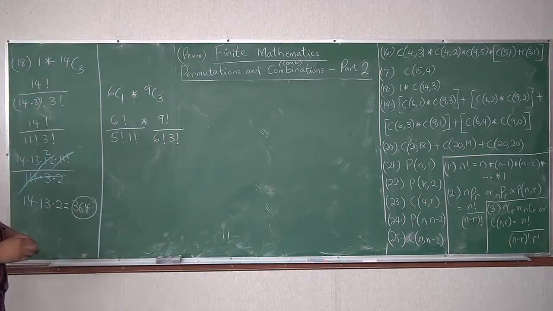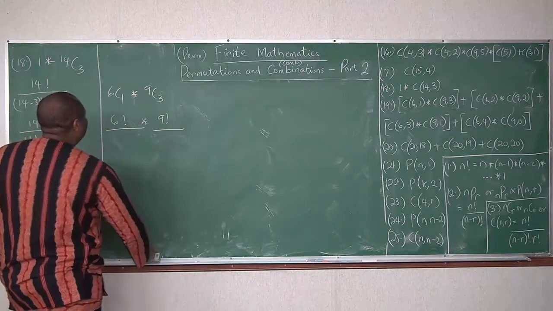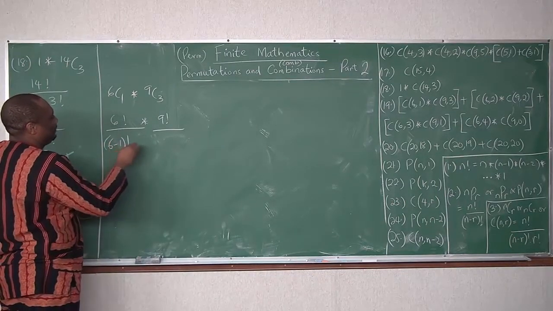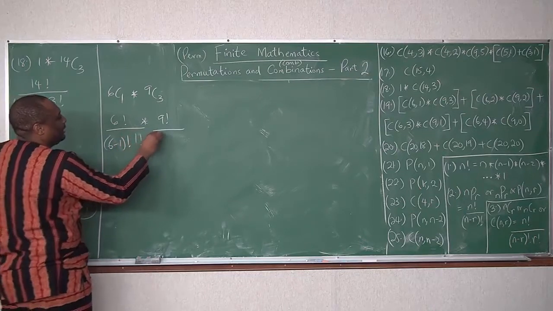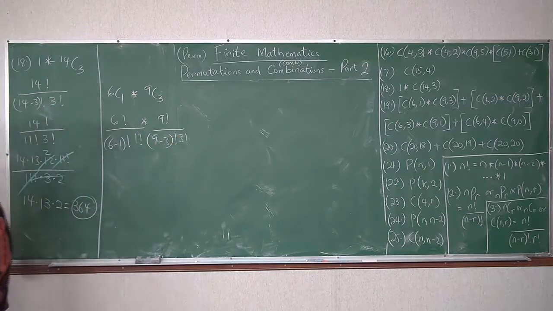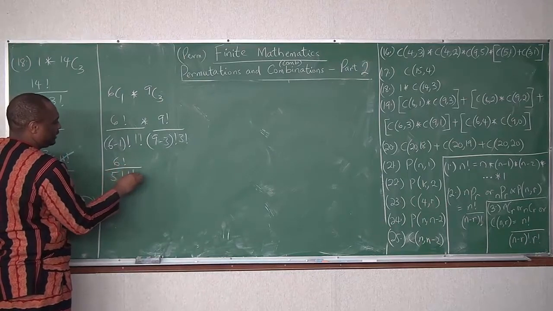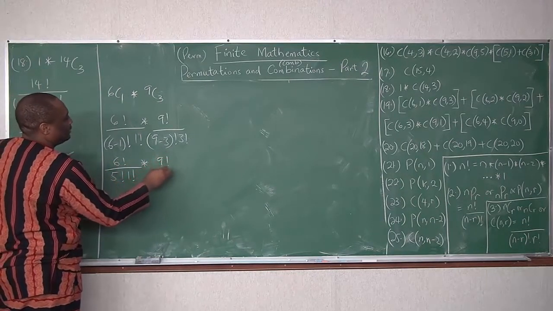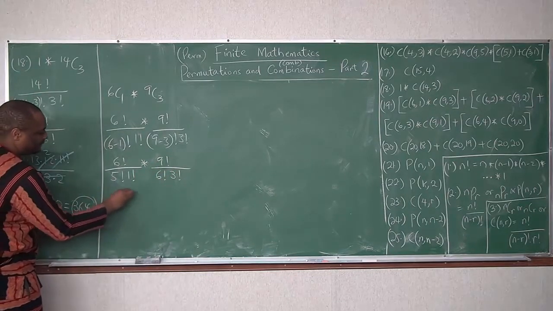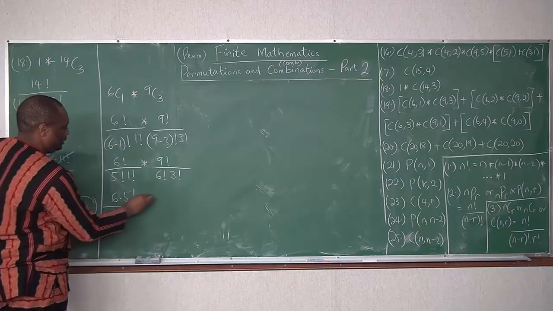Okay, but if you think that I'm rushing, I'll just do it like this, so you don't say, hey, Mr. C is rushing. 6 minus 1 factorial, then 1 factorial, then 9 minus 3 factorial, 3 factorial. Okay, so we now have 6 factorial over 5 factorial, 1 factorial times 9 factorial over 6 factorial, 3 factorial. So this is 6 times 5 factorial over 5 factorial. 1 factorial is still the same thing. Times